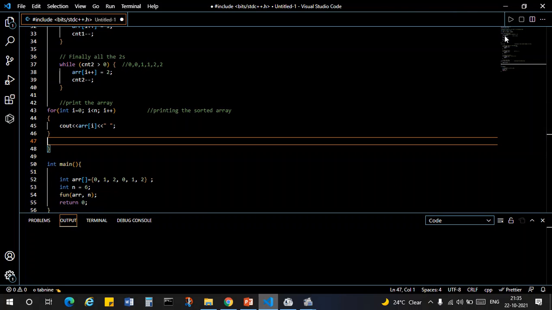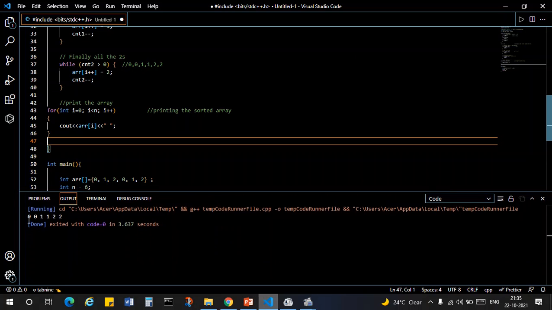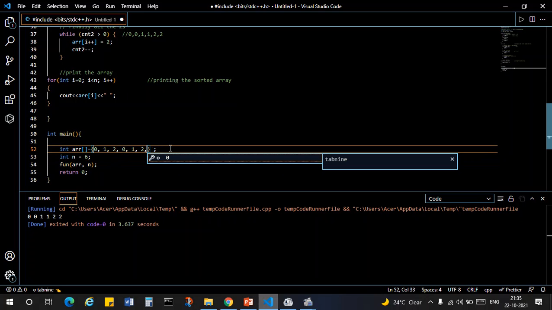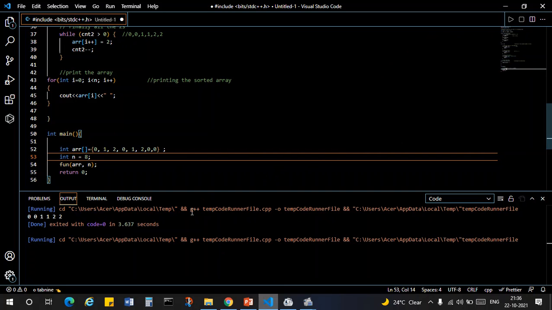So now let's see the output. It's running here now. Okay, so we have all the 0, 0, 1, 1 and 2, 2. And if you increase anything, let's increase this with two more zeros, so the whole array becomes 8 elements. Yes, it becomes 8. Now let's run this again. You can see that now we have four zeros, two ones, and two twos.